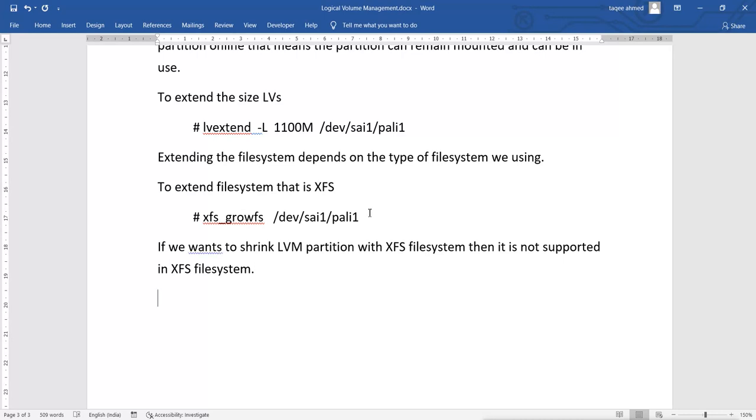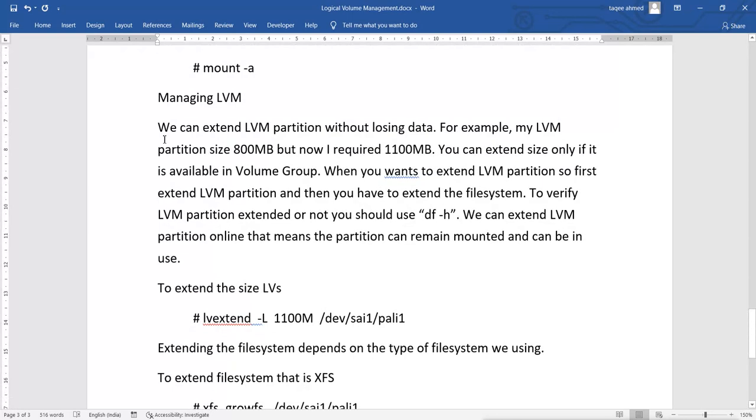Now to extend an LVM partition with the ext file system, we can extend the partition without losing the data.